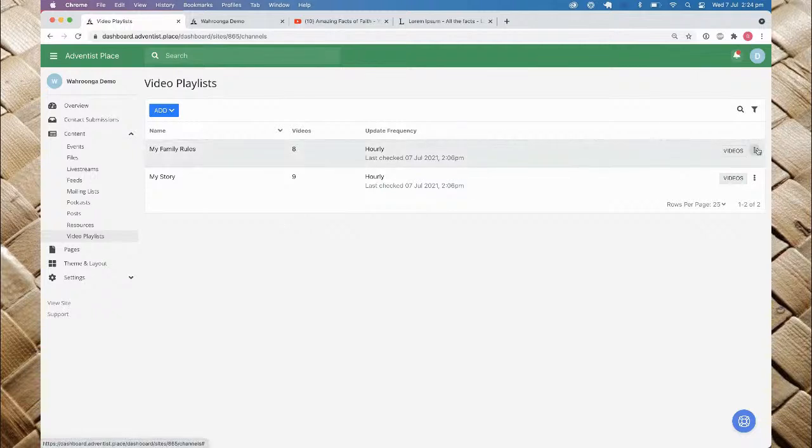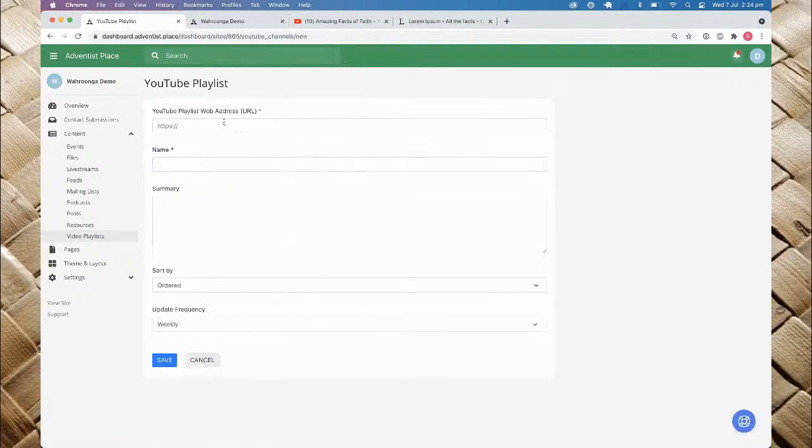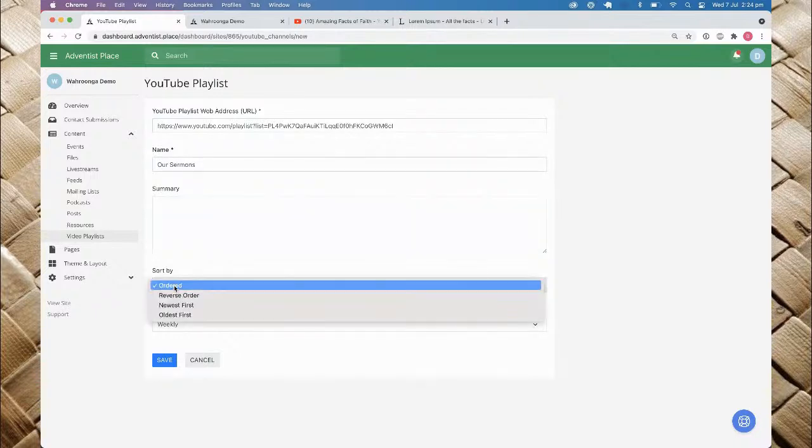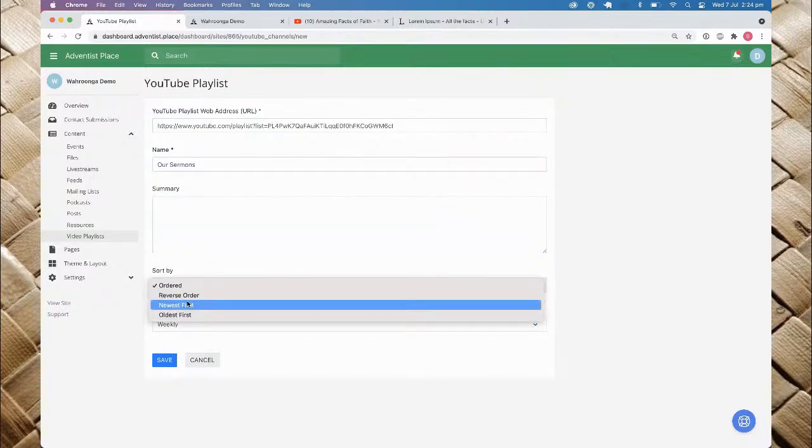All right, we can see we've already got 2 video playlists there that have automatically been added to our site. If we want, we can delete those. Maybe we don't like those ones, that's fine. But otherwise, we can go add YouTube playlist. We can type in that URL we just got from YouTube. And this one was called, let's just call this one our sermons. Provide a summary here,